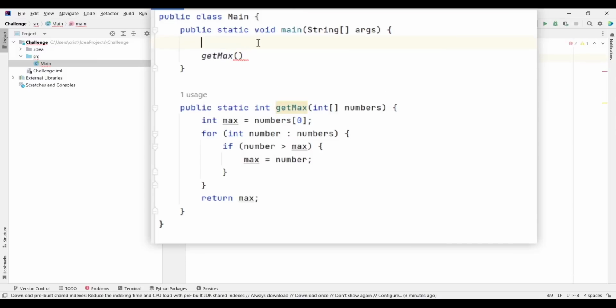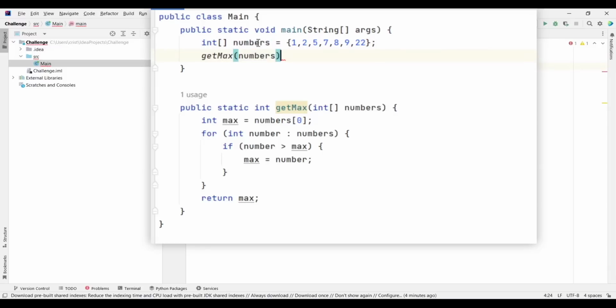Let's type int numbers equals, and I'm going to put here 1, 2, 5, 7, 8, 9, 22. It should be an array here, and semicolon. Now let's pass those numbers here.